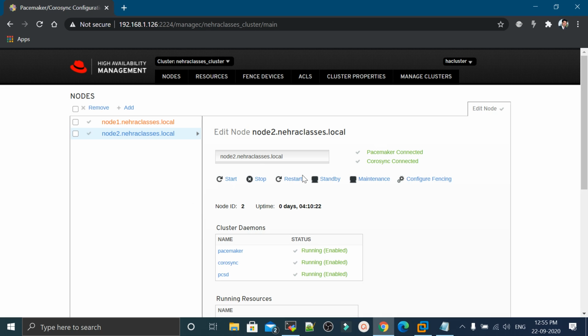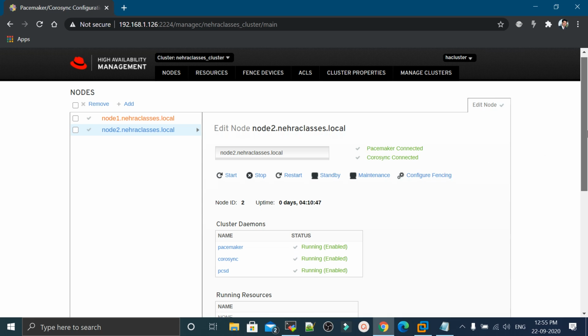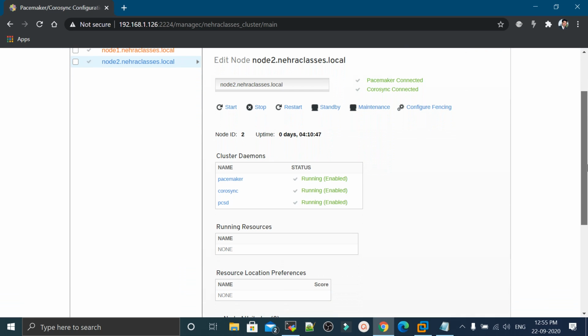Here it is showing us both the nodes, node 1 as well as node 2, and it is showing node 1 in red color because we have set node 1 in standby mode, that is not working, and we are able to use our cluster only on node 2 now. That is why it is showing everything for node 2 as green. Here you can see that Pacemaker is running, Corosync is running, PCSD is also running,